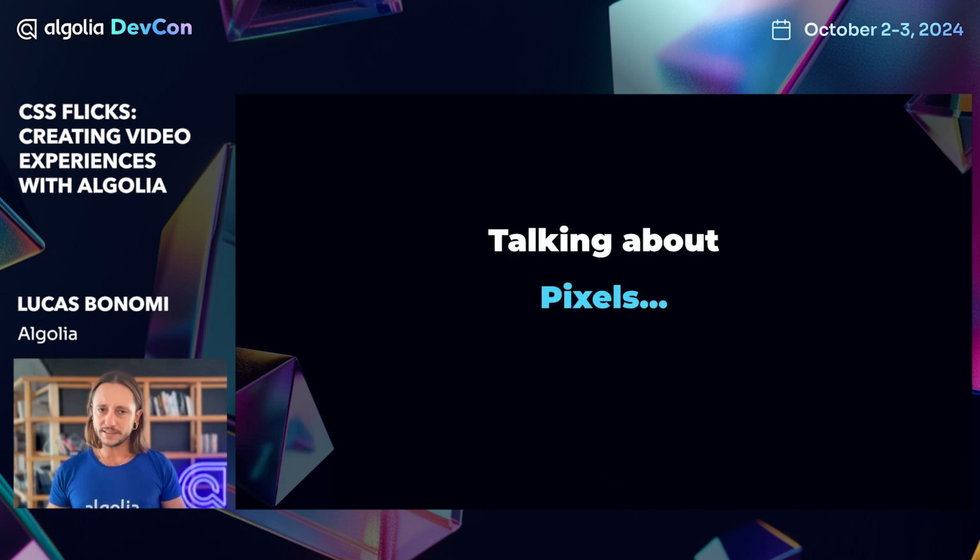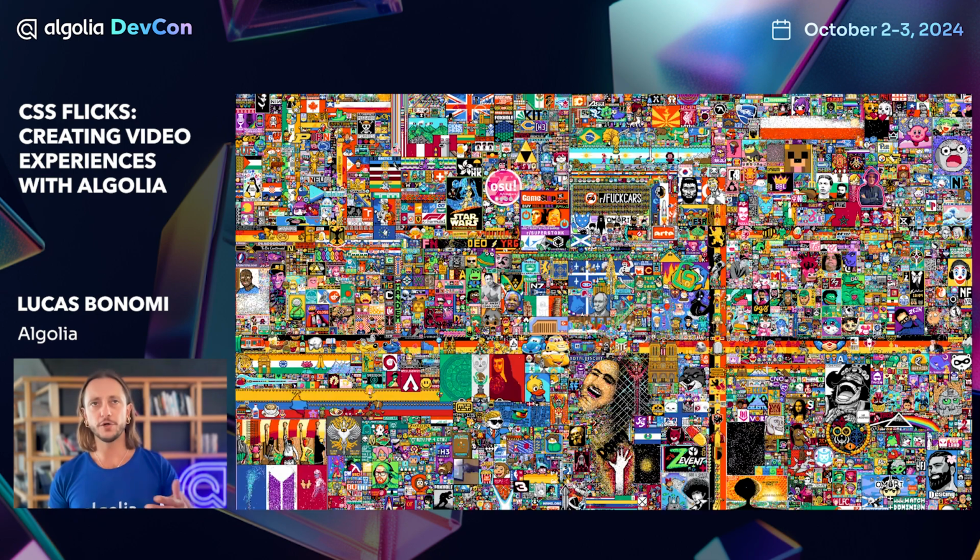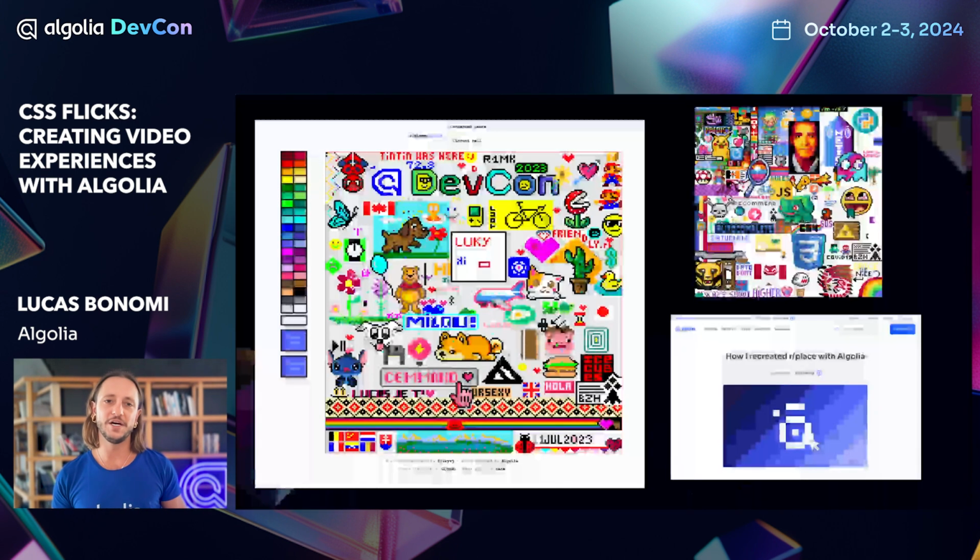Talking about pixels, this might look familiar to you. It's an experiment from Reddit. I think this one was from 2022. It's a collaborative canvas where people could go and color the canvas all together to create a collaborative artwork. I took part of it and I really loved it, which made me think that I could probably replicate something